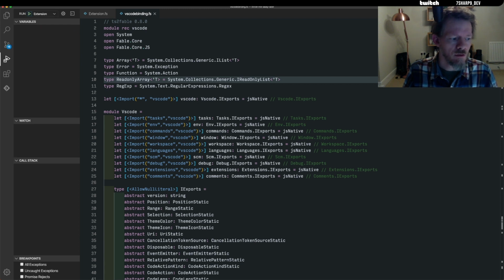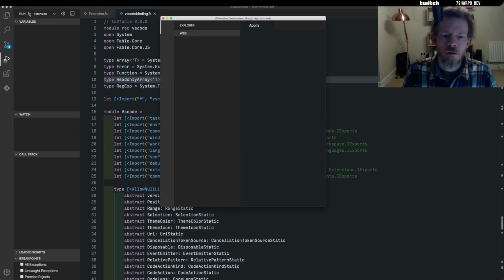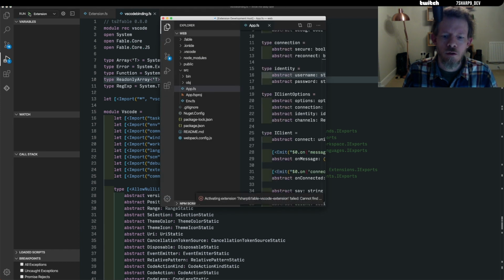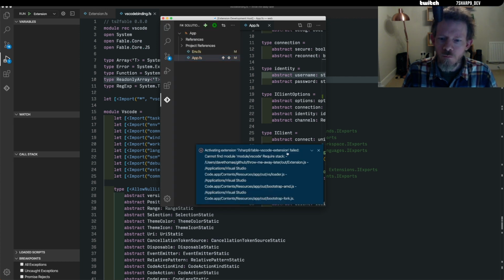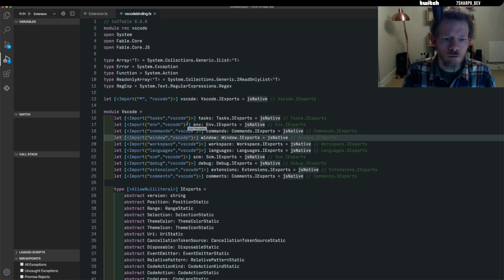Yeah, Chris is saying the same thing. Import star VSCode. Yeah, it's strange having module before. It might be because this was called module something before. Anyway. You get more fun. Module VSCode. Right, so